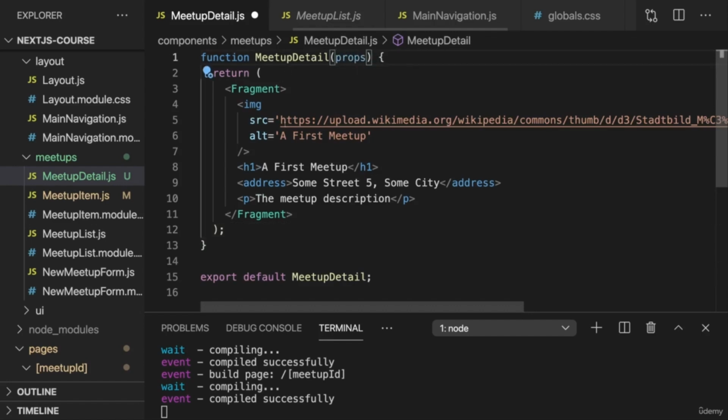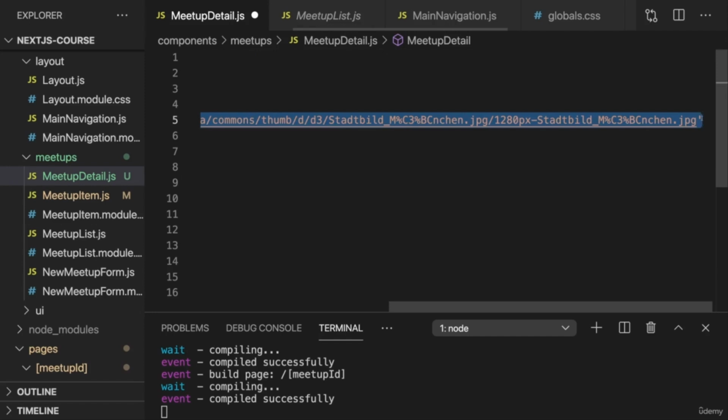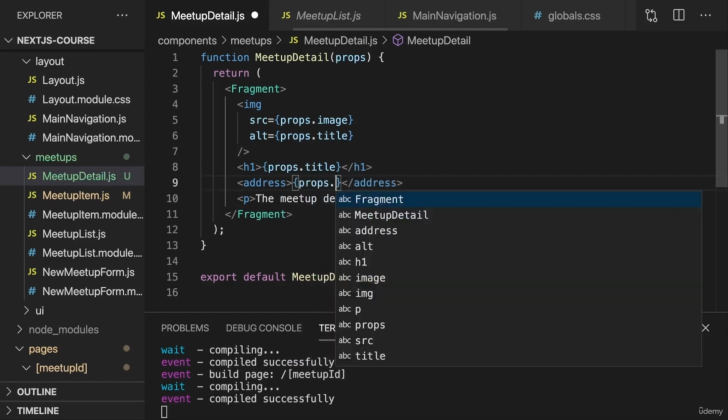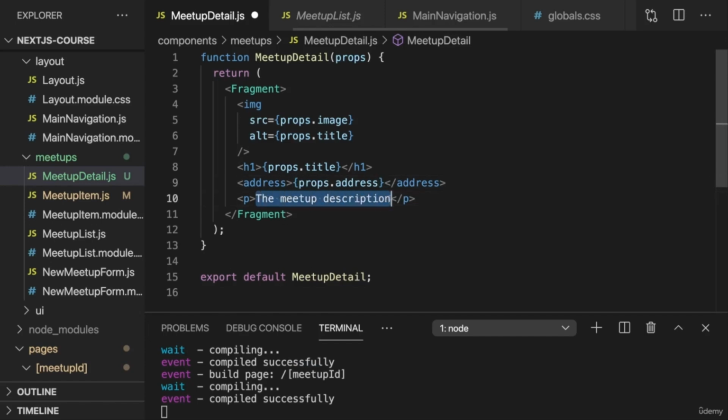and actually accept props already and expect that I get this data through props now, so that the data will be fetched in the page component later and will then be passed into this component, which is then responsible for actually presenting the content. So here we then have props.image. Here for alt, we could use props.title. What we then also use here for the h1 tag, props.title. And here for the address, that would be props.address. And here we have the description,